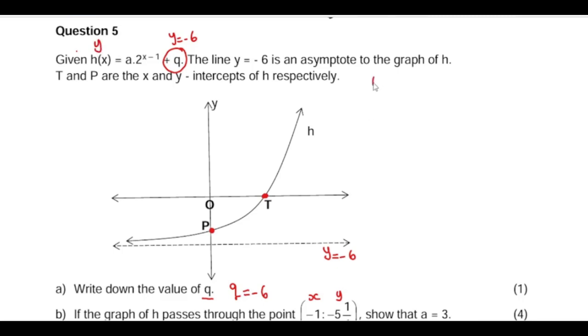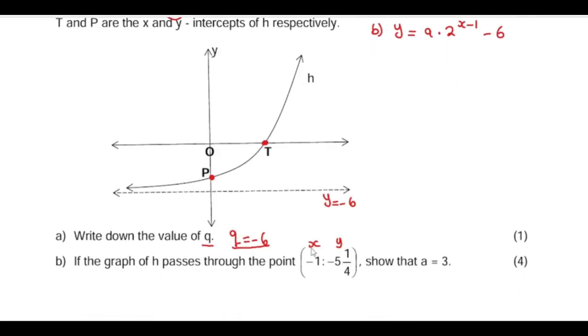So to answer number B, first let's write that in the form of y equals a multiplied by 2 to the power x minus 1. Then you substitute the value of q at negative 6. So we need to subtract negative 6 there. So now to find the value of a, we need to substitute any point on the graph, and we only have this point here, meaning that where there's x you put minus 1 and where there's y we put minus